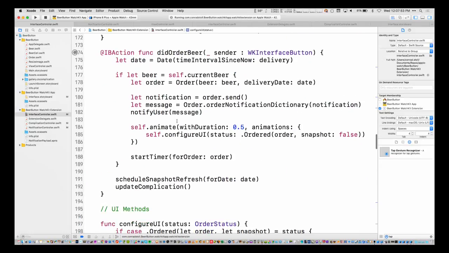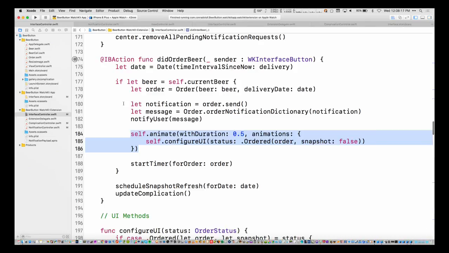And the reason that this is all going to be animated is up here in the didOrderBeer IBAction, we have an animation block. And so if you haven't done any watch work yet, but you're familiar with the UIView animations on the iPhone, this is basically the same idea. Any interface updates you perform inside of this animation block will be animated. So now if I go back and run again,